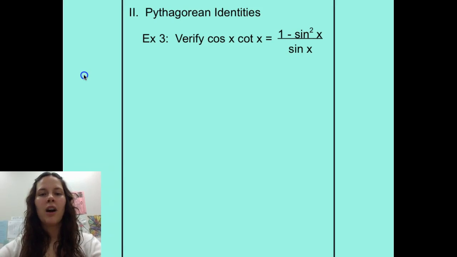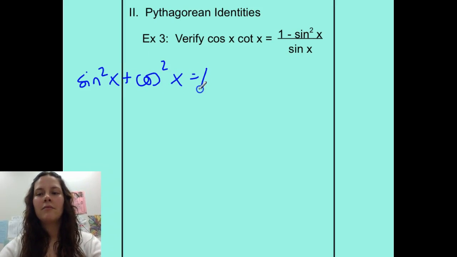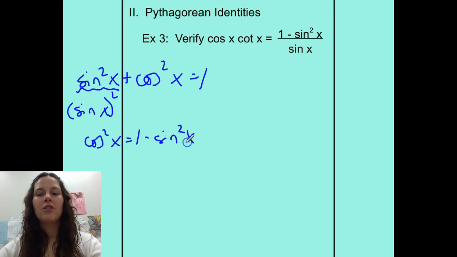So I'm actually going to go off to the left here and write that Pythagorean identity. As a reminder, this expression, sine squared, really means sine of x squared. We just like to shortcut the notation so we don't have those parentheses in there kind of messing things up. All right, so back to our Pythagorean identity, we've got the sine squared plus cosine squared equals 1, but we have 1 minus sine squared. So if I subtract sine squared from both sides of the equal sign, we get an expression that's equal to